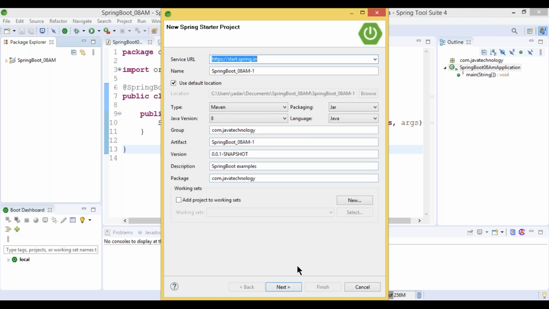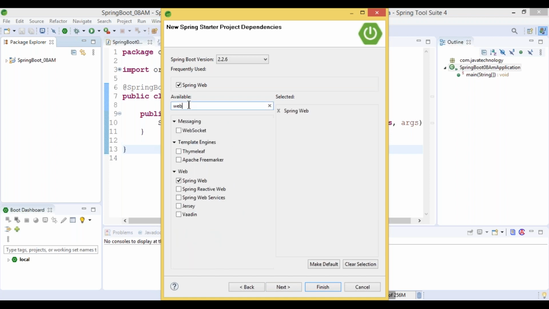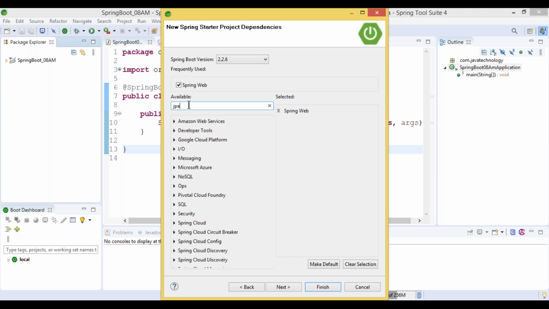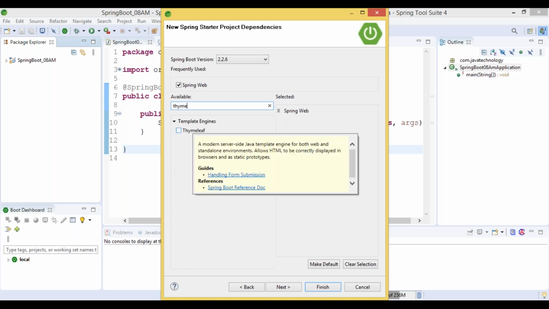So give the names. For example, after web we can work on JPA, and if you are working on Thymeleaf we will see.